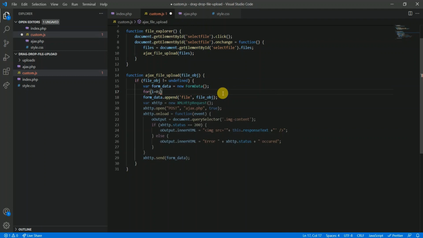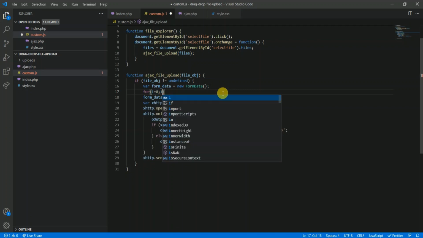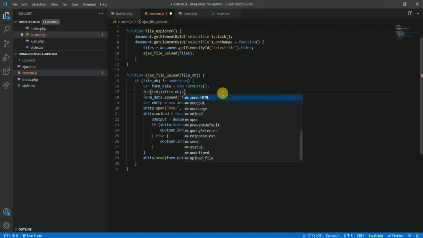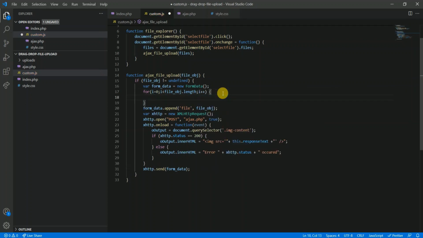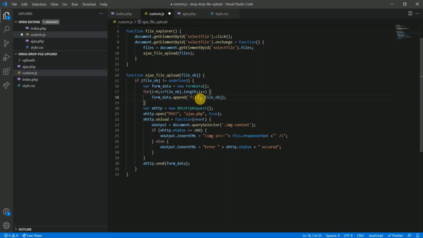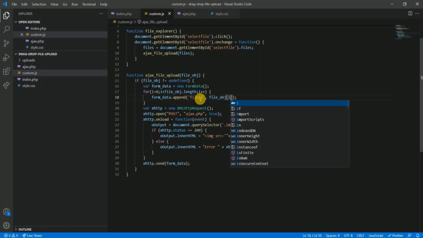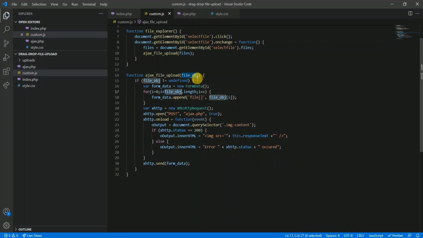Now i is less than fileObject.length, i plus plus. As we have multiple files, let's keep it as an array value. Now fileObject of i. Here we are looping through the file object and appending each file to our file array.